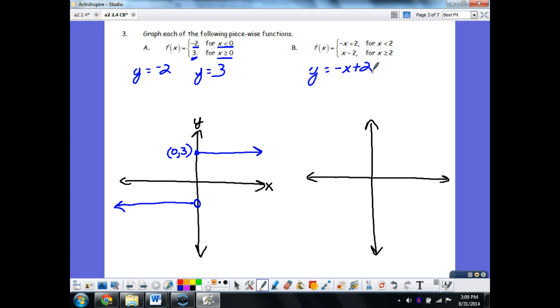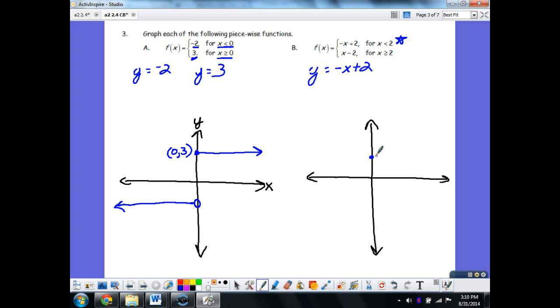It's got a y-intercept of 2 and a slope of -1. So there's the y-intercept of 2. That's the first piece. We'll graph this first piece in blue. So we graph that first piece, and we have